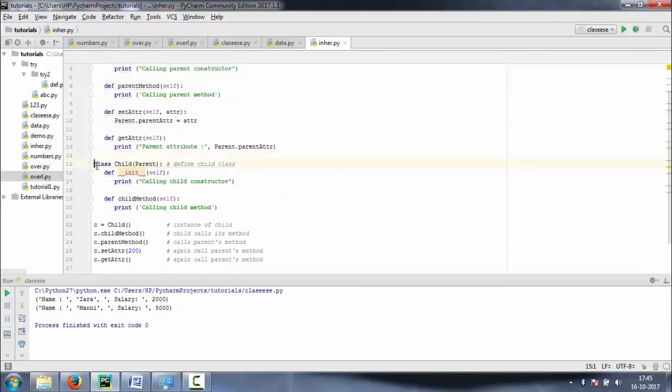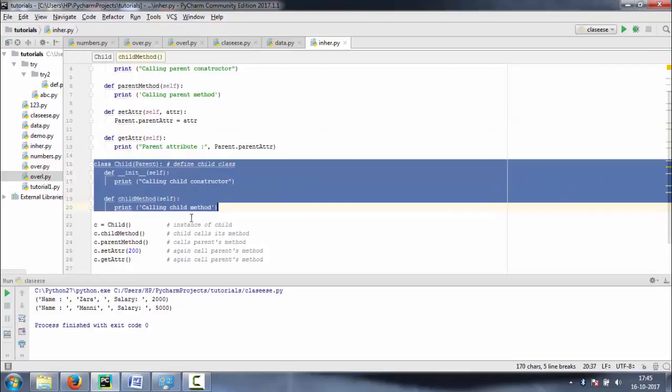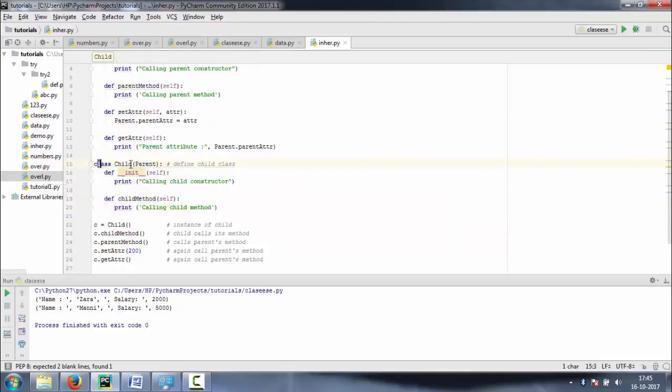And this is a subclass, which starts with the class keyword and an appropriate name, and here we define the parent class which the subclass inherits from. And this is the constructor part of the subclass,